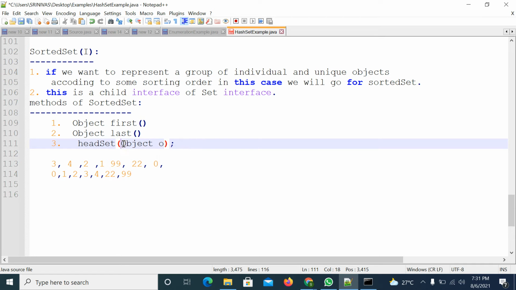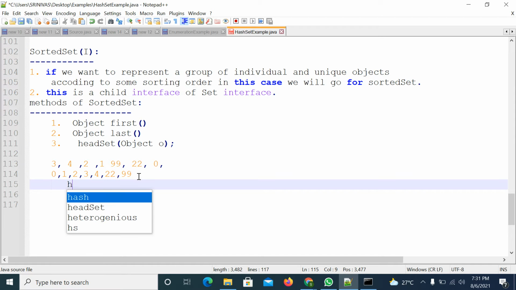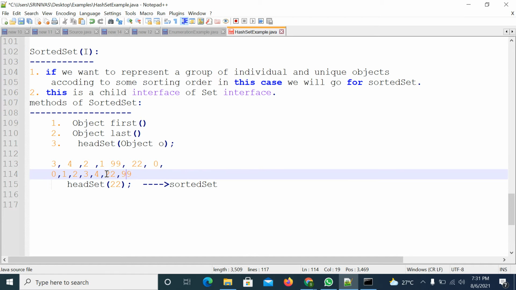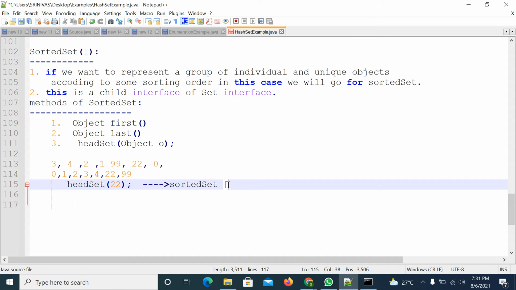Suppose you pass 22, headSet of 22, then what will it return? It will return a sorted set. That means up to 22, all the elements will be returned as part of a sorted set.